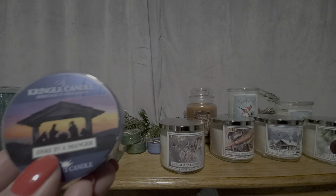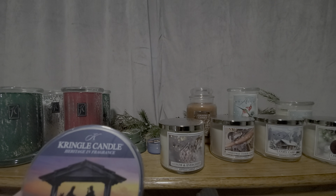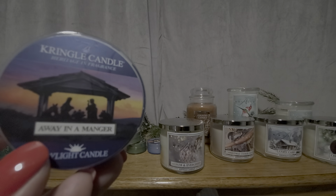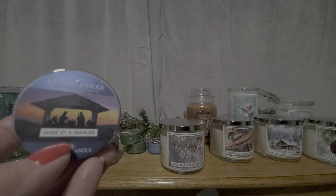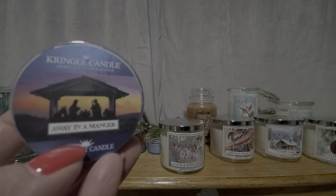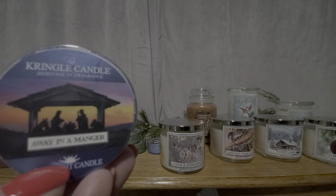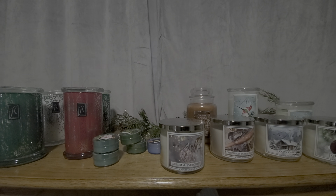This to me is, again, like a conceptual type scent. Despite the fact that it has cloves, cinnamon, and nutmeg and orange, I do not consider this to be a holiday Christmas scent. So I'm trying to think of how to describe it and what were they thinking. As you guys know, Away in a Manger is a beautiful Christmas song. It's like a lullaby. And I think when they were coming up with this scent, they were thinking lullabies more than Christmas, because I can totally see this scent